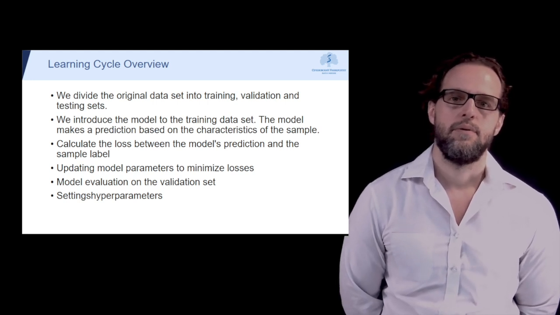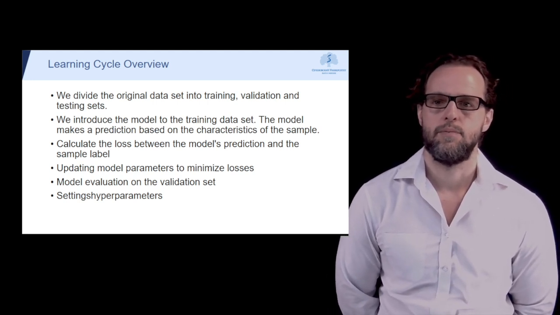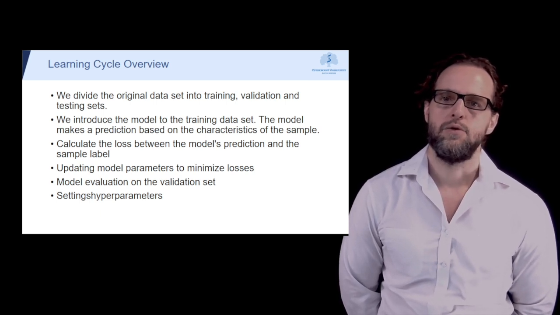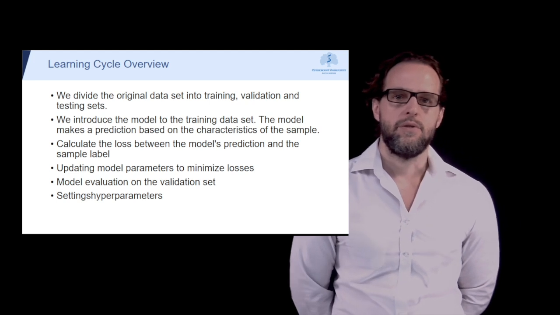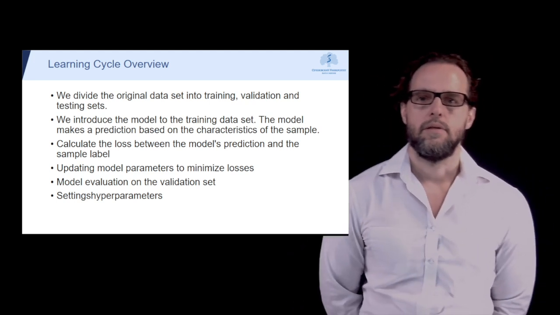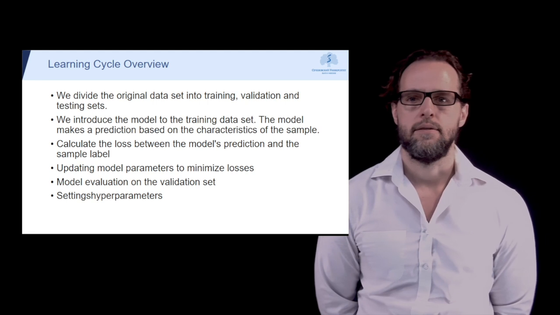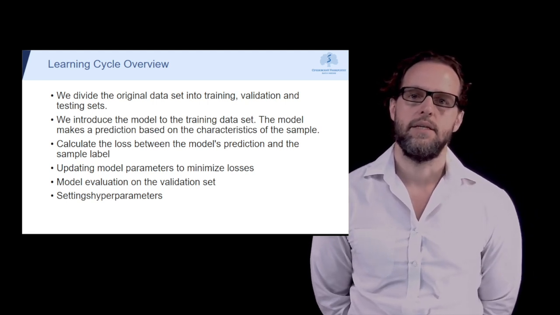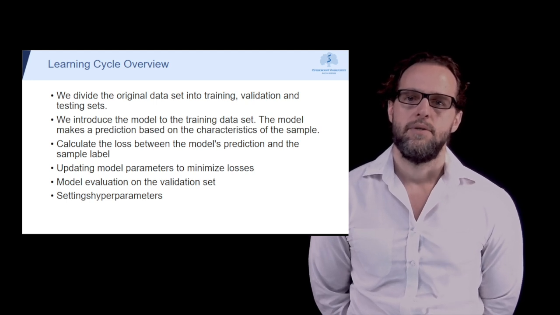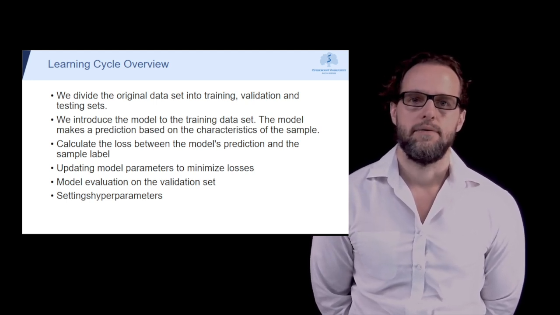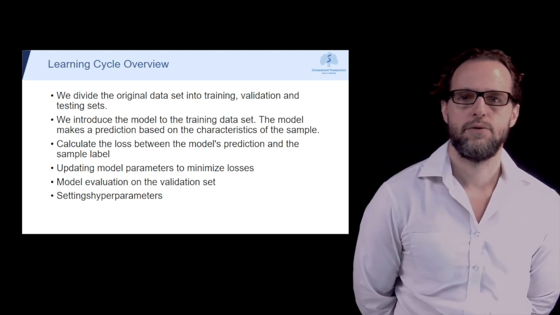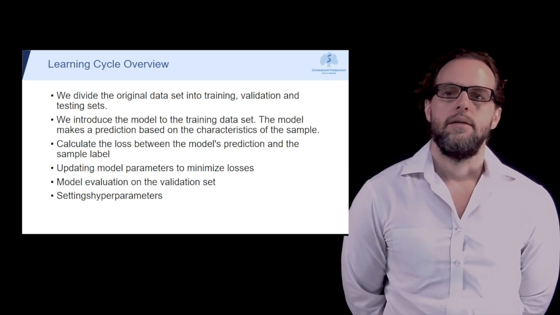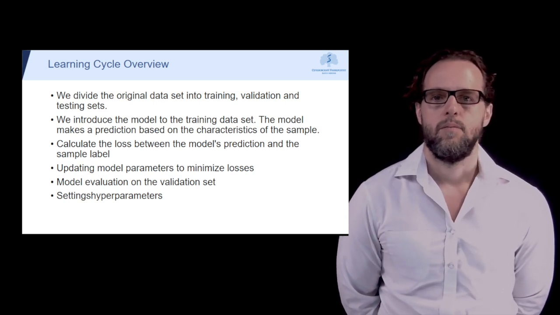We need to keep losses as low as possible. The model updates its parameters in such a way as to reduce the losses that will occur the next time it sees the same sample. It's called the optimization stage. Periodically, for example, after we have gone through our training dataset, we may evaluate our model